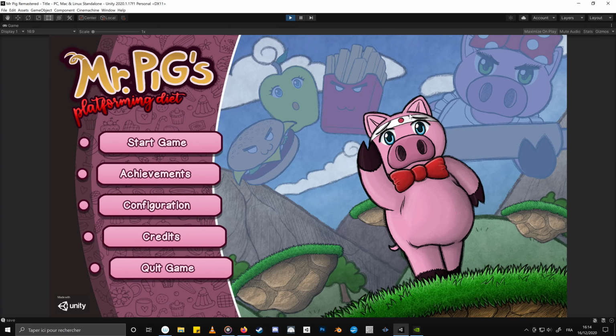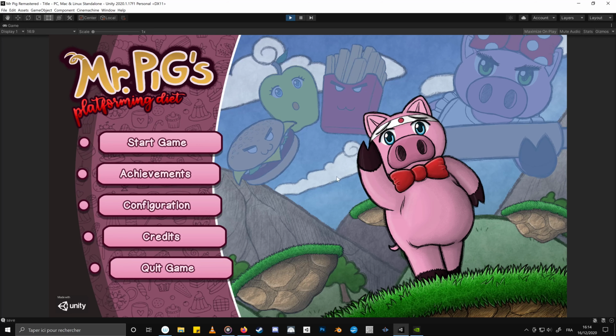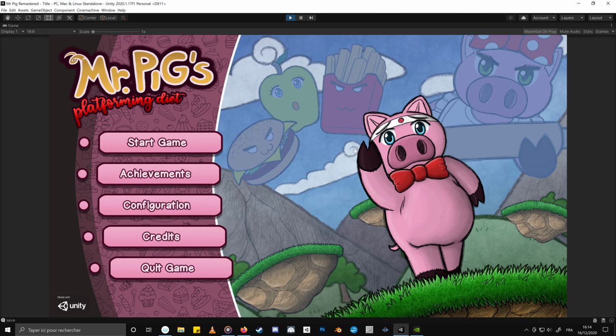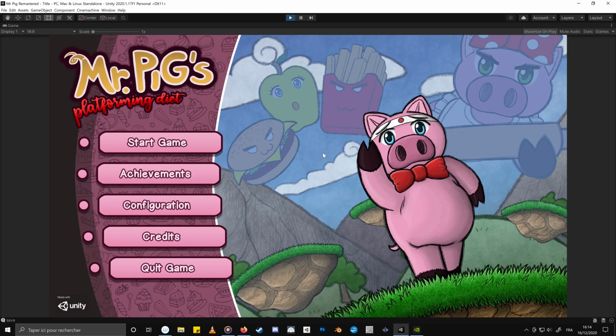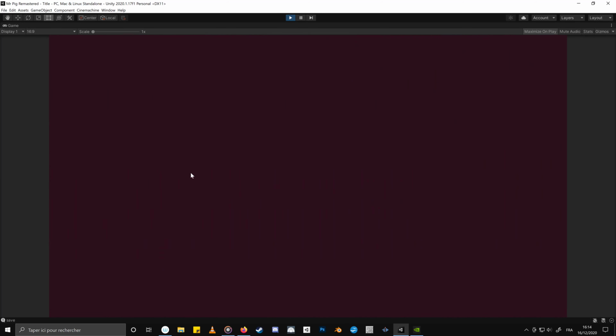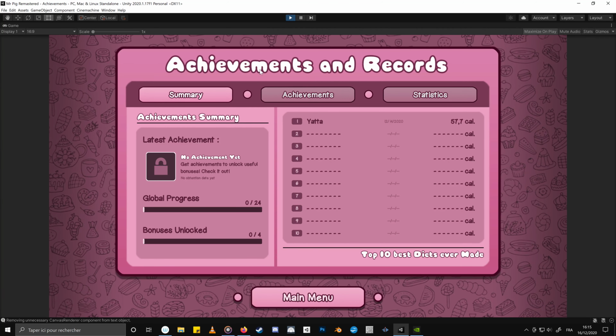For now the menus only work with the mouse, which is a problem because the game is played with a gamepad. You can play it with the keyboard too, but it's much better with the gamepad. So obviously I need to add later a feature to navigate this menu with the gamepad. The menus are actually pretty advanced right now. It's the thing that is closest to completion.